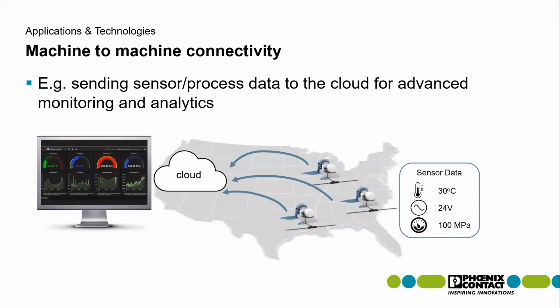So then these SCADA systems, that was kind of the Industry 3.0 way of doing things, right? A lot of people are now moving to the cloud for sending some of the sensor and process data for monitoring and analytics. The cloud is becoming widely adopted by IT departments everywhere. It's being a little slower adopted in the OT space for the industrial segment, but we're seeing the trend that is becoming more widely adopted because of that interconnectivity to the different systems, because of all of the different services